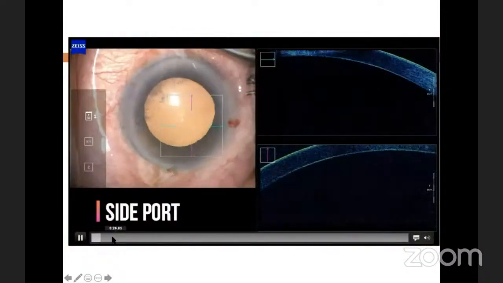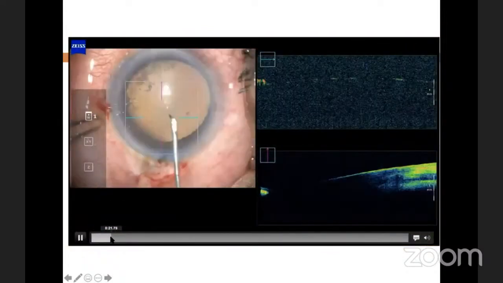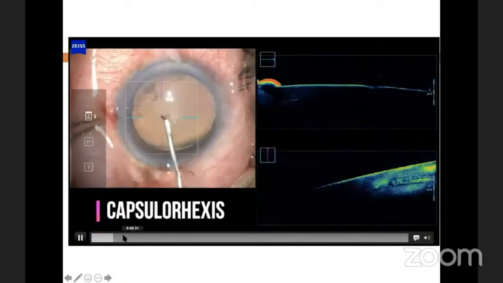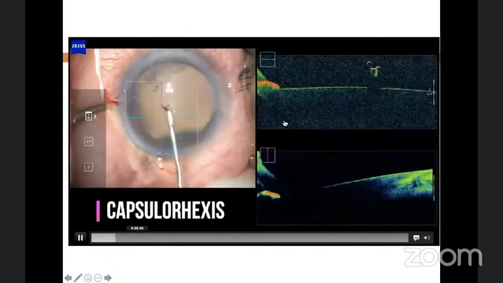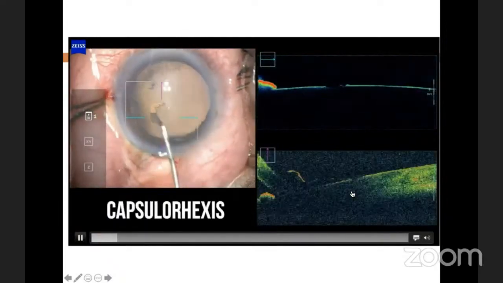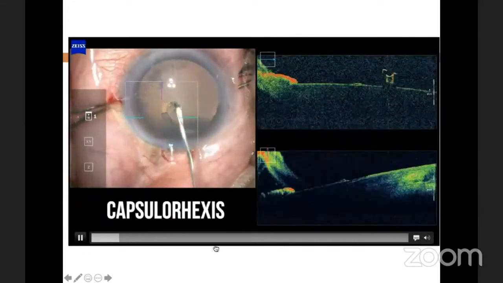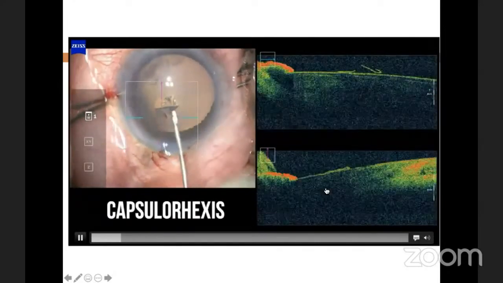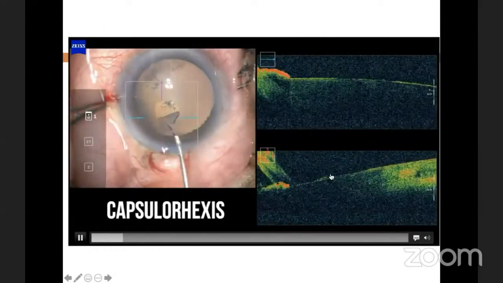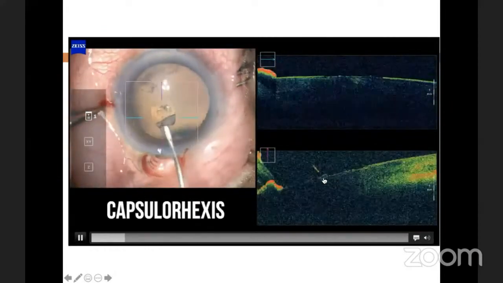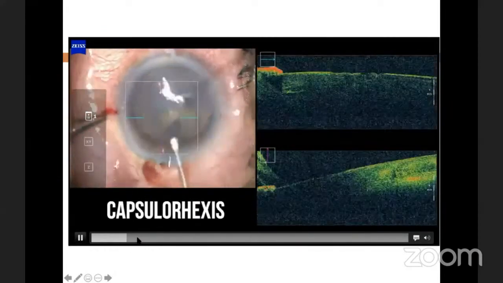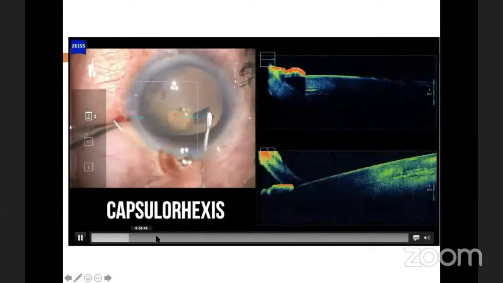And I think this is the last bit, which is to show that side port, main wound, the capsulorhexis, etc., can all be imaged on this intraop OCT, which is present. And this comes in the same surgical field, both this as well as this. So the flap is elevated, so you can see the flap is elevated here. If there's a corneal haze, then you can see the flap elevated through that corneal haze.